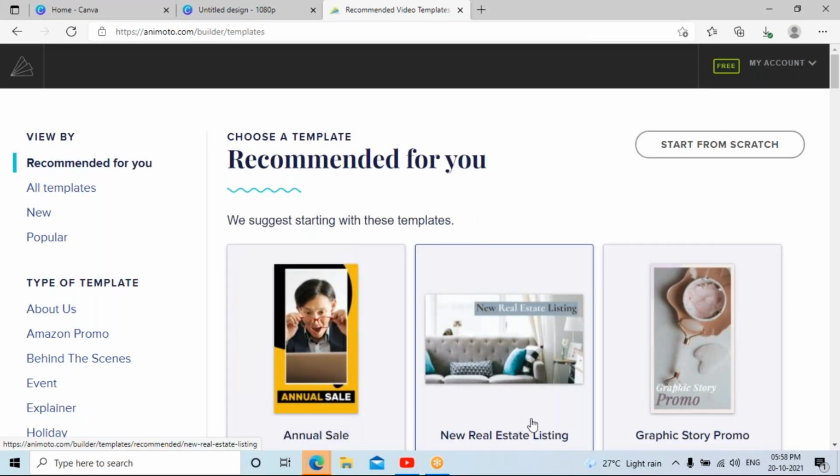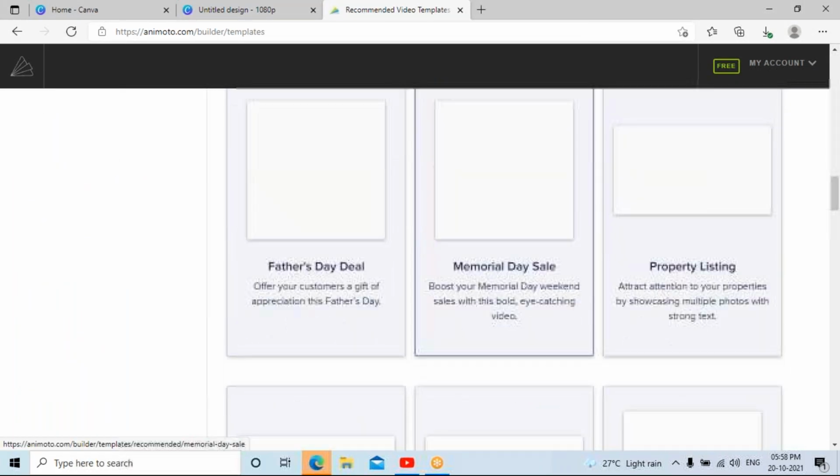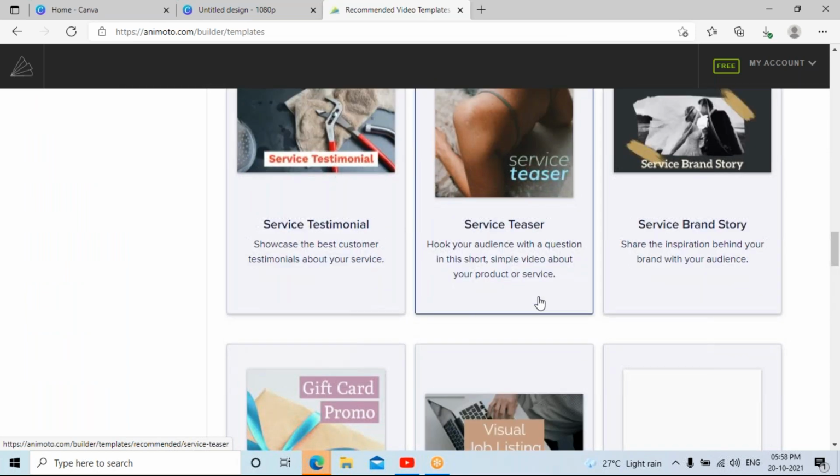These are all the basic information it is going to ask. You can choose any of the themes you want. It is not going to make that much of a difference, so you can select any of the themes.